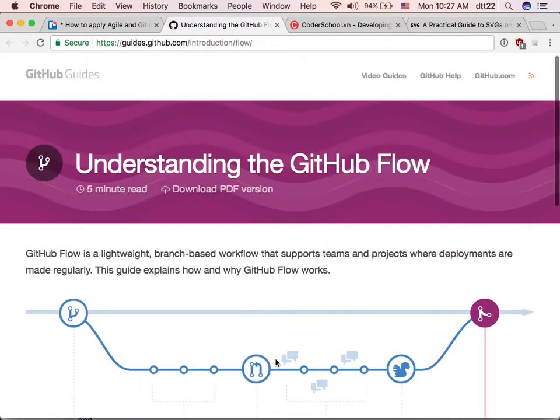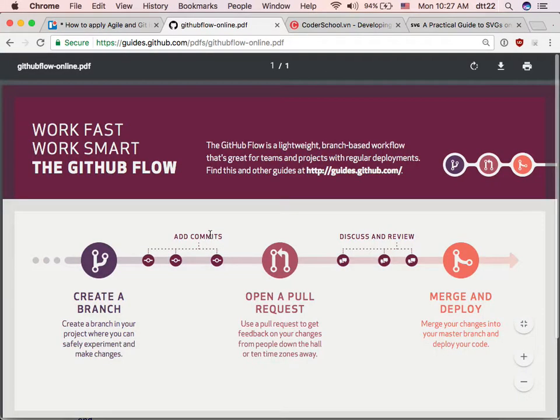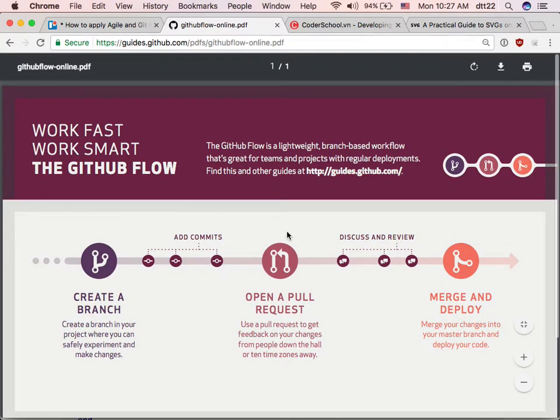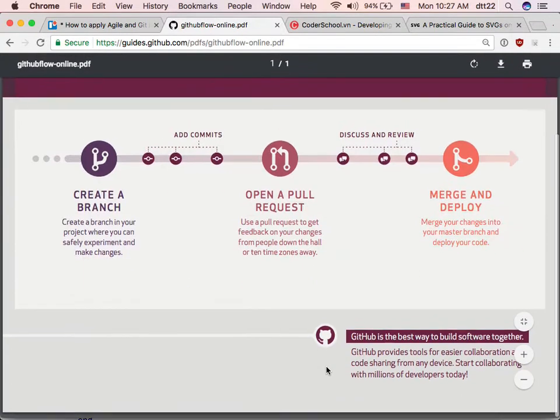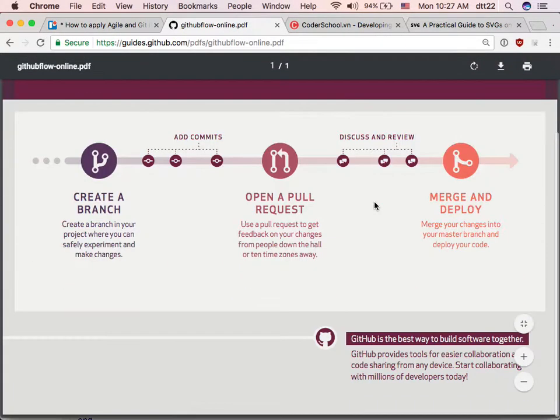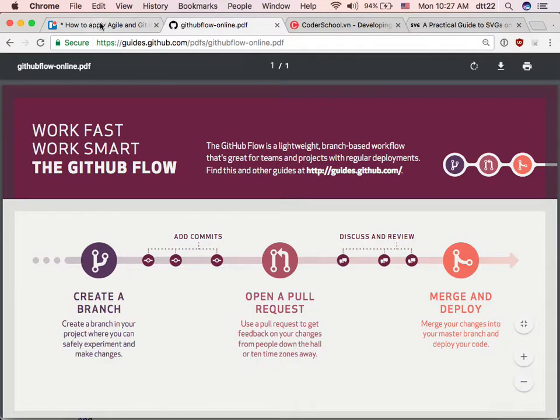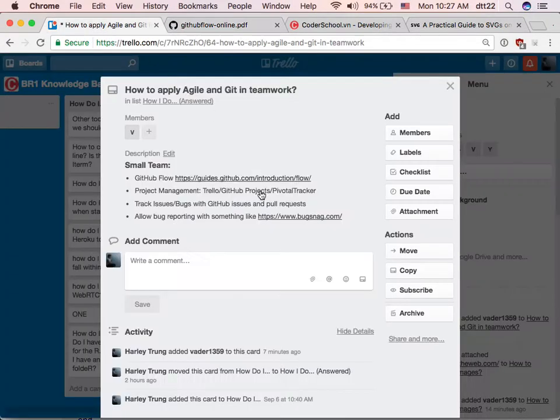So references flow, because even though it's only a 5-minute read, it's very important. This is a simpler flow. So you can see this here. This is the PDF there, right? You can have it as a poster. However, right,